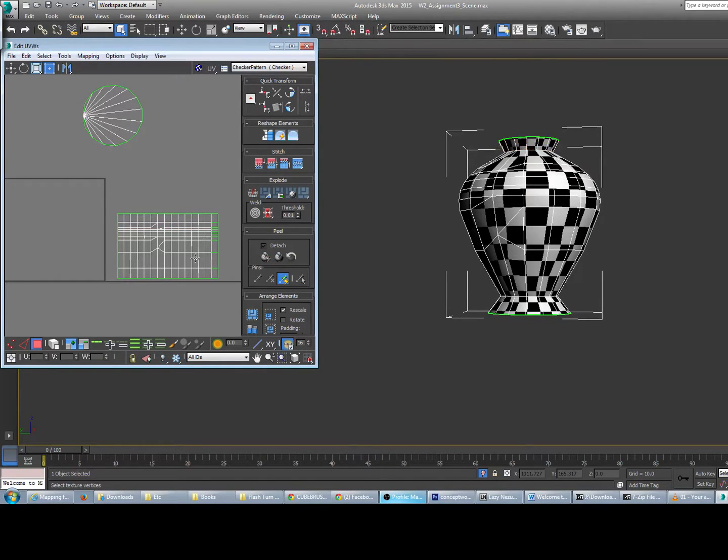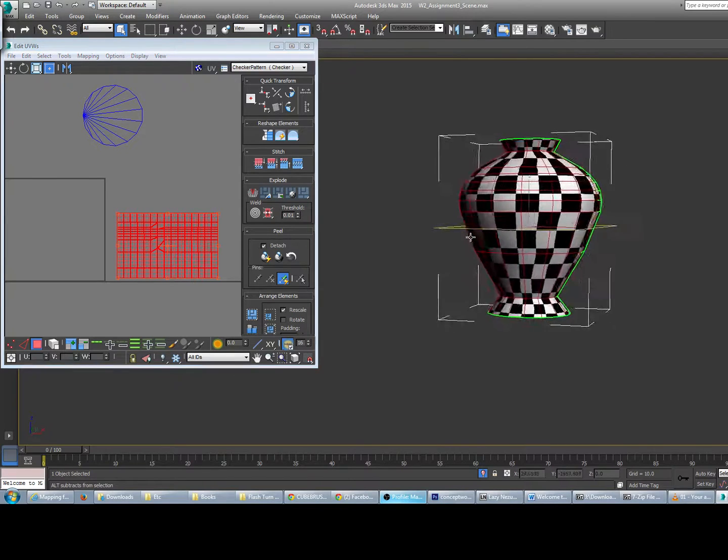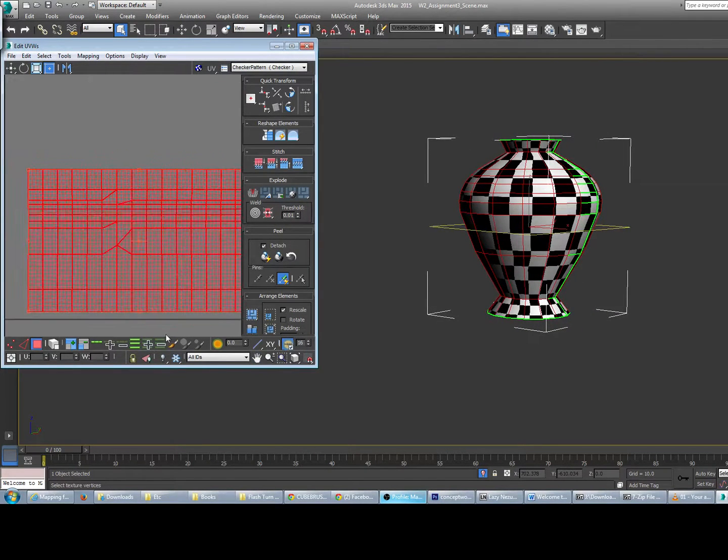So I can do this. That's one way to do it, and it's still maintaining a decent square quality. So if I wanted to put a pattern over there, the big thing I need to do is pay attention to